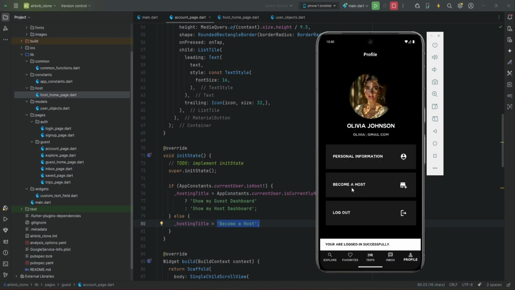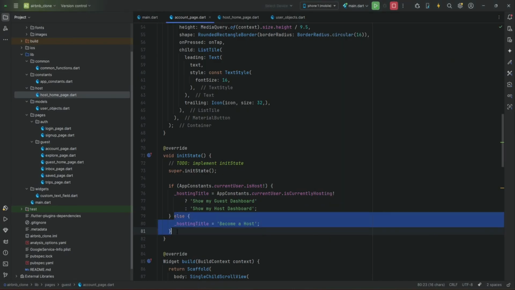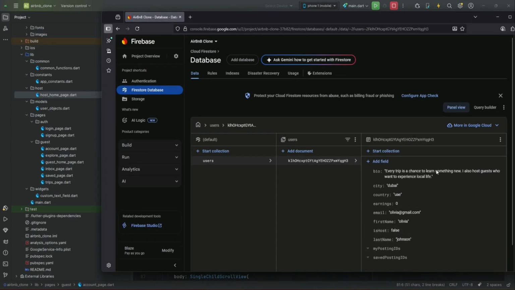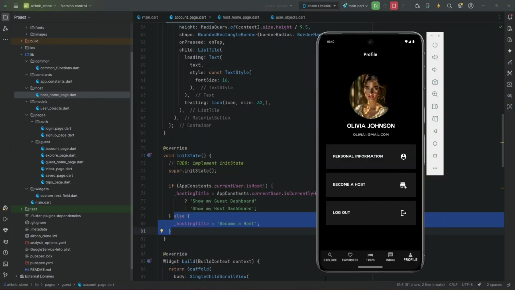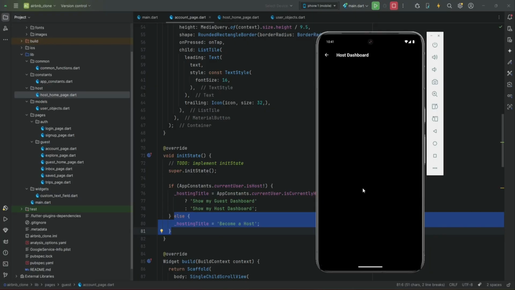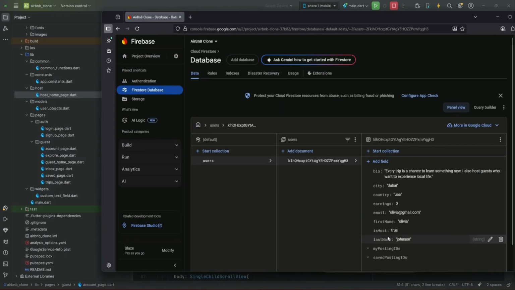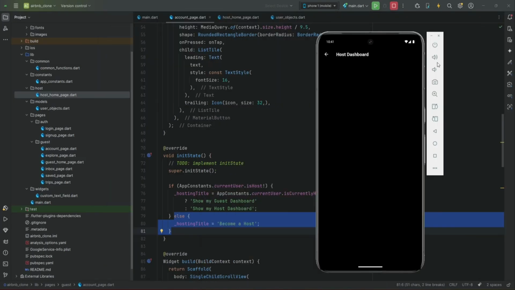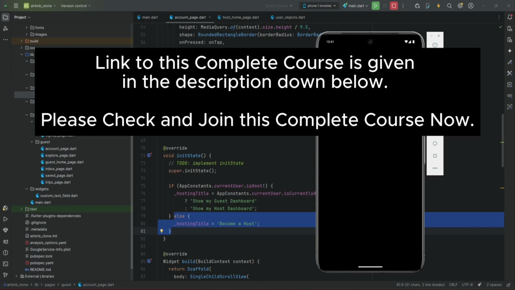Profile, and you see the become a host, because currently this condition will execute as the current user is not yet the host. So now as soon as I click on become a host, you see the user is sent to the host, that is the user become now the host, and in the database it is now true. I mean, we have not yet implemented the host dashboard. Once we implement that, then we will test this other switching, which is to switch back to the guest dashboard